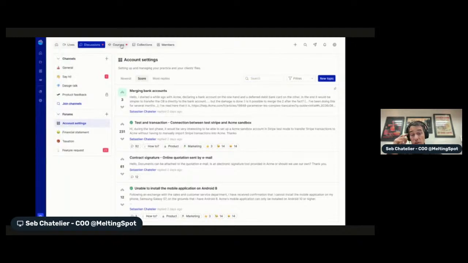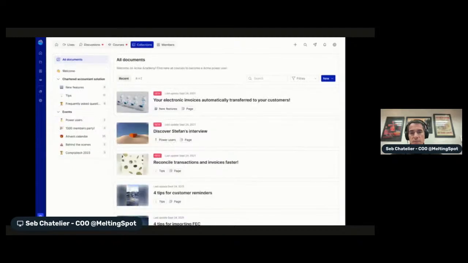Courses is something that we're currently working on, so I'm saving this for the end as well. Collections is already available. You should be familiar with this functionality here. The idea is that it's a place where you can host all your evergreen content, such as, for example, replays of a particular video that you recorded. It could be a video tutorial, could be an article or a playbook or a template that you want to